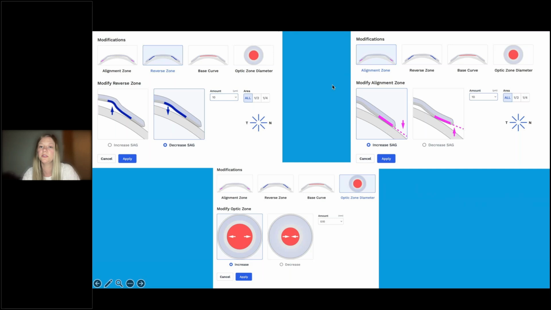But then what you also have to do, and this is a little trick that Wave Consultation taught me as well. Whenever you're decreasing that return zone, you kind of have to modify the alignment zone in return. So every time I decrease sag by say 10, I increase sag by 10 in the alignment zone, okay? So basically you're bringing that lens down, but you're also changing the edge so it doesn't completely lift off and flare out. I've had that issue in the past too, but